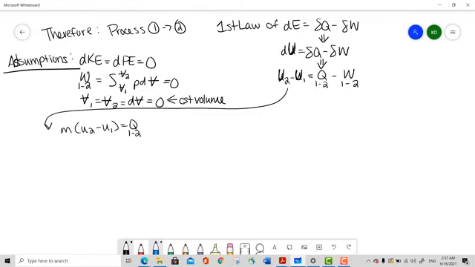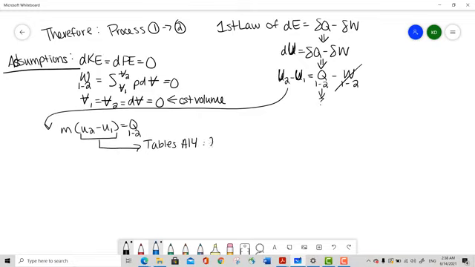Right, because we just assumed that this was 0. So we're now just crossing that out. Okay, and we're looking for this right now. Well, it's unknown. So where can we get this? From tables